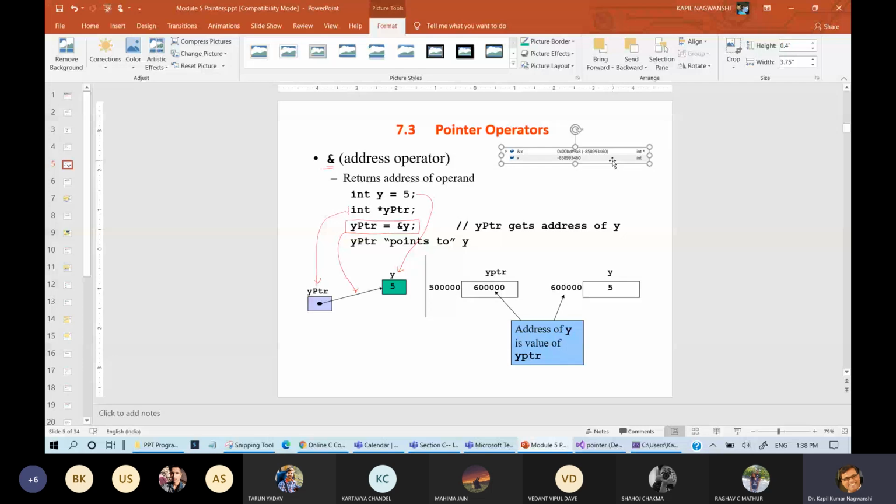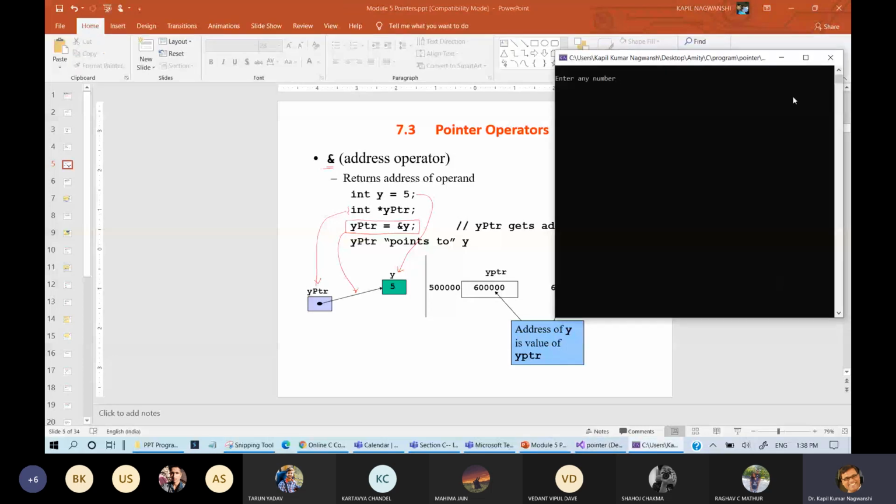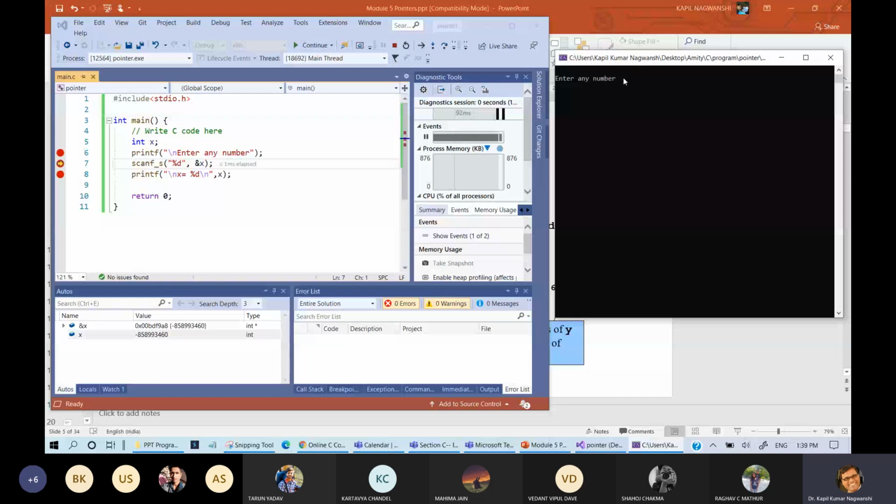Let us write address of y, much better. If I execute this program and enter the number 56, I need to press continue. Then 56 will appear here, and you can see that 56 is stored at this address.